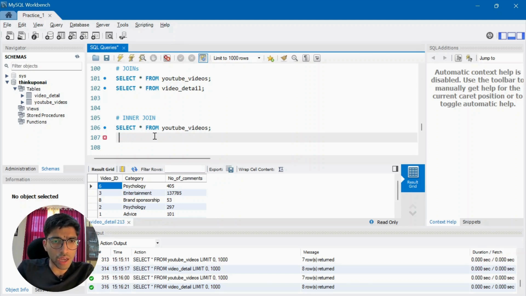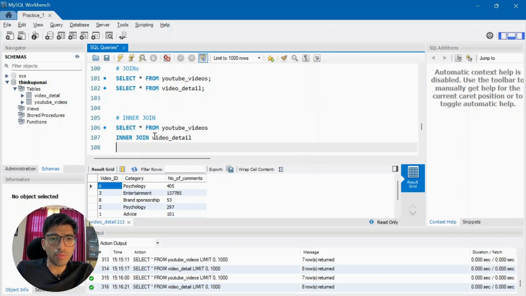So I have used the table YouTube videos. Now I want to join this with another table, video detail. Okay, so I used inner join for that. But on what basis do I want to join? So I need to write on YouTube videos dot id. So the column in the table YouTube videos should be matched with the column in video detail, which is the video ID column. Okay, now if I run this,